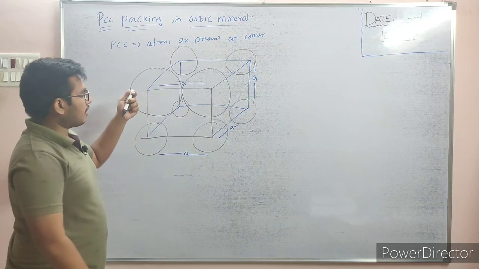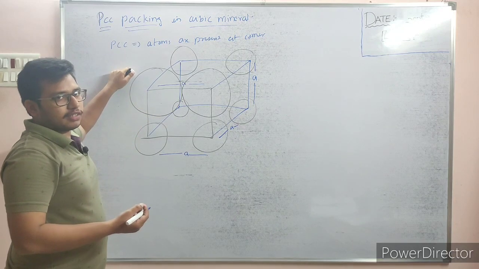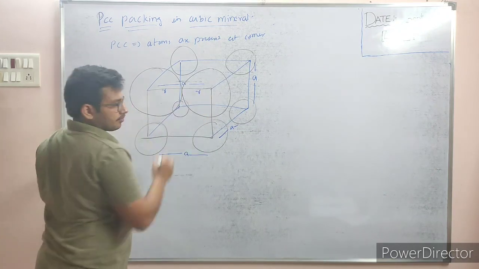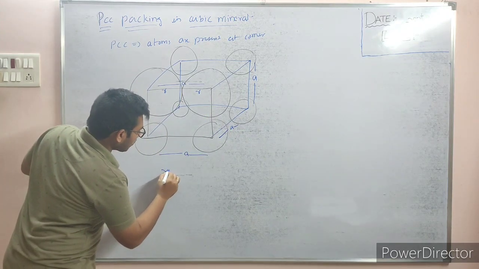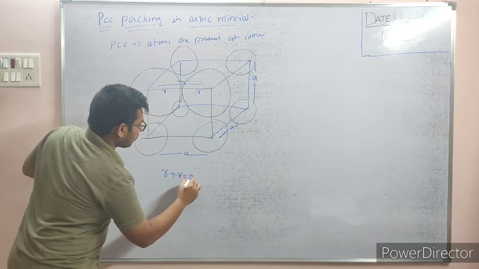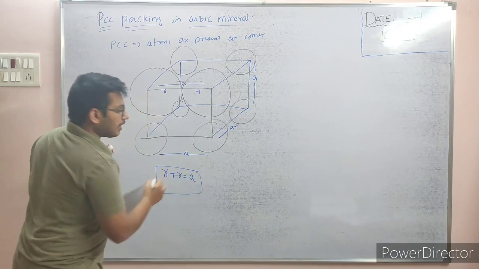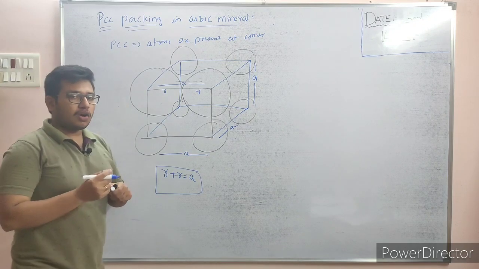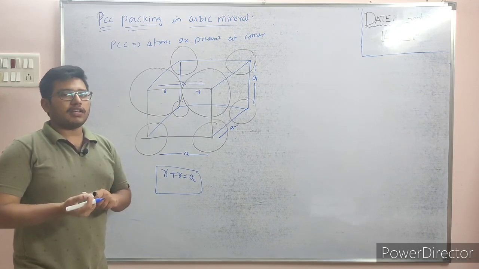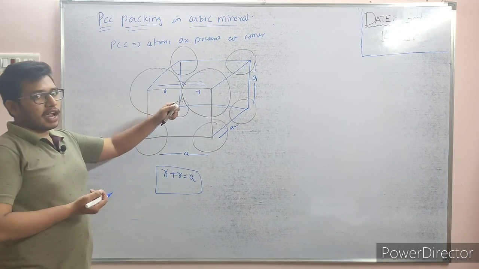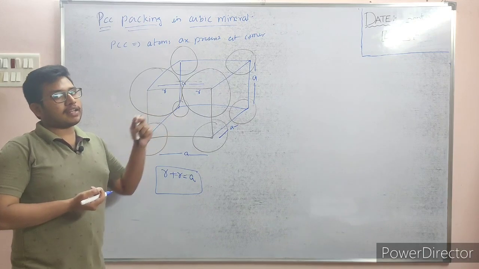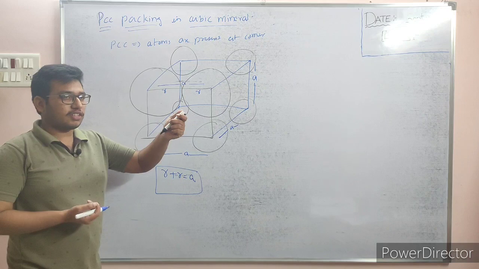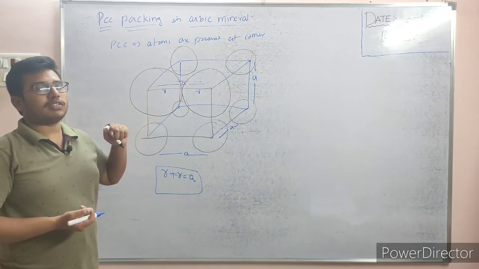Now in the previous lecture we considered these are of equal size or equal spheres. Then what we wrote? R. So we simply calculated that R plus R is equal to a. This is the formula, right, in the previous lecture. What if these are of unequal sizes? Because we know that most of the minerals are ionic in nature, in that there are positive and negative charges, means cations and anions are present, and we know that cations are smaller in size and anions are bigger in size. So what if the spheres are of unequal size?